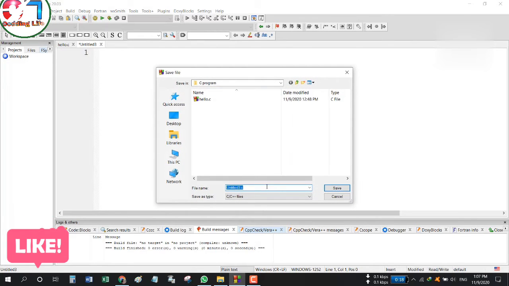As I have chosen this location, I will give the name, and here I am setting the name Fibonacci series. And finally you have to give its extension. This extension shows what kind of file it is, I mean, whether it is a C programming file or something other. So just give its extension and then save it.